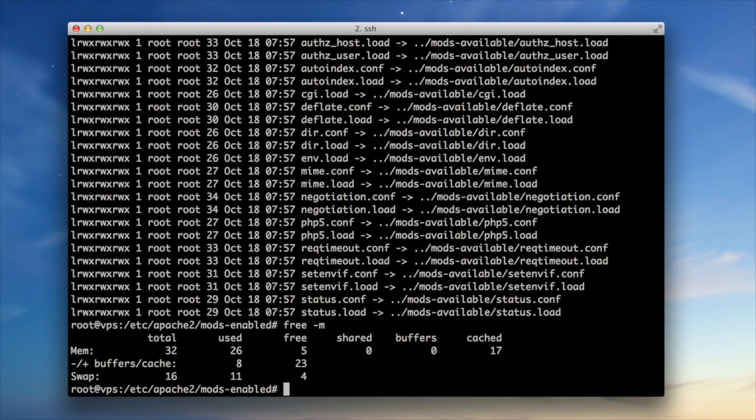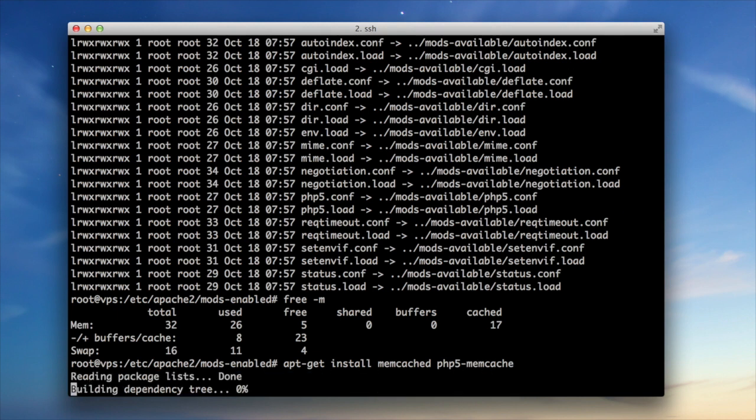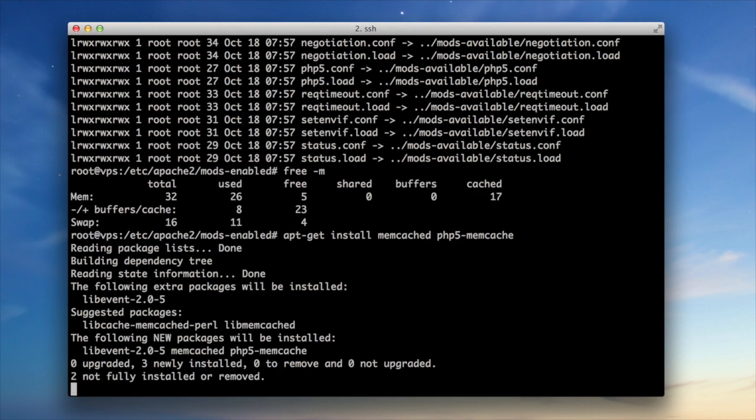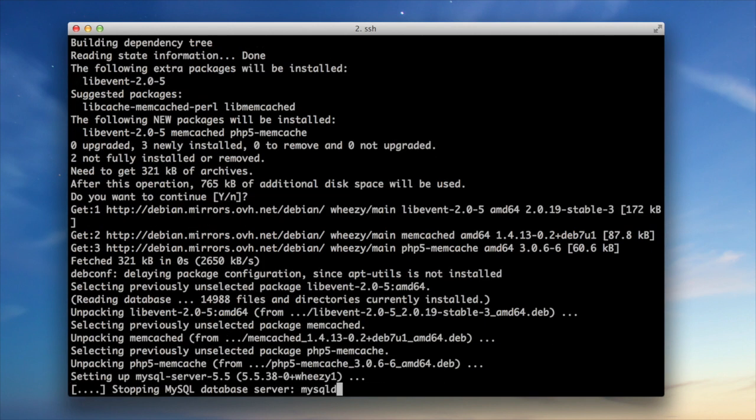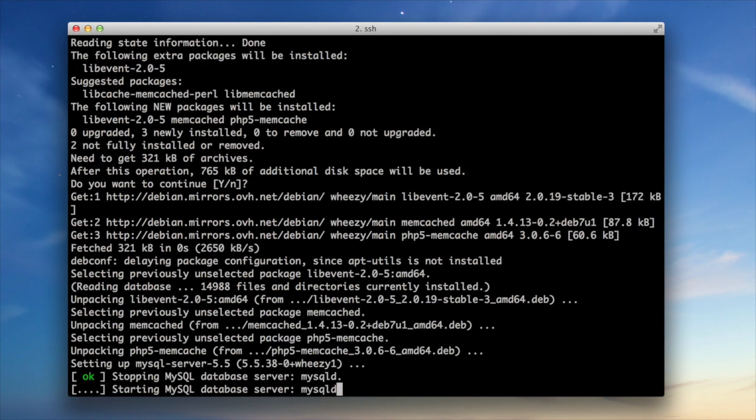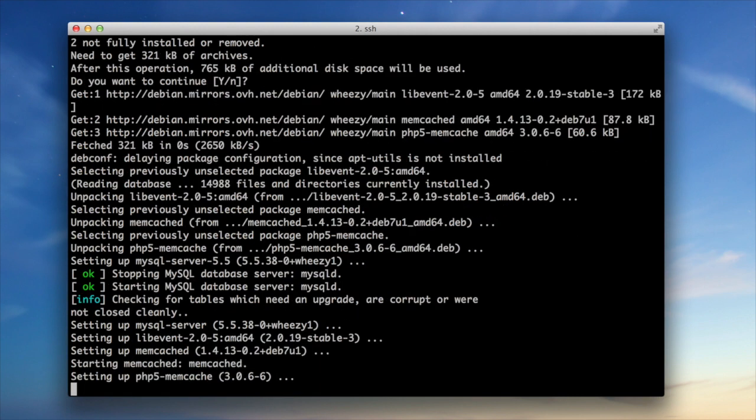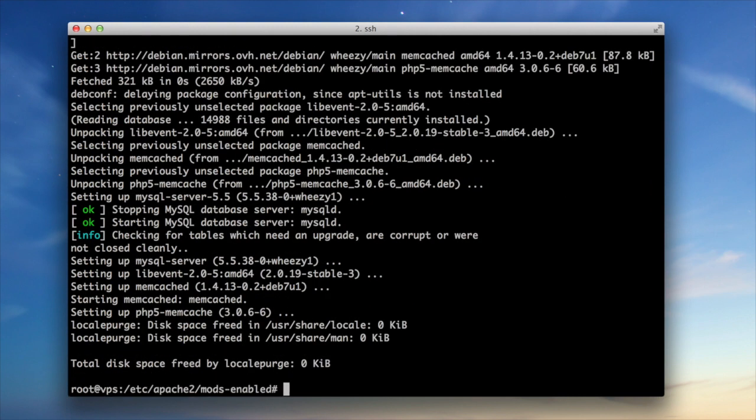So you will need apt-get install memcached and php5-memcached. Okay, hit enter and enter again, and after this command you will have additional software that is useful to speed up your